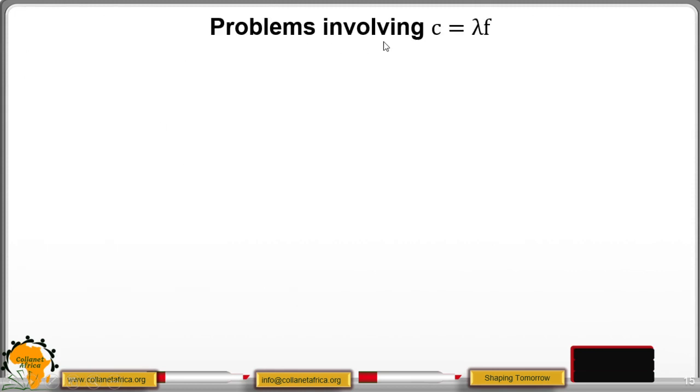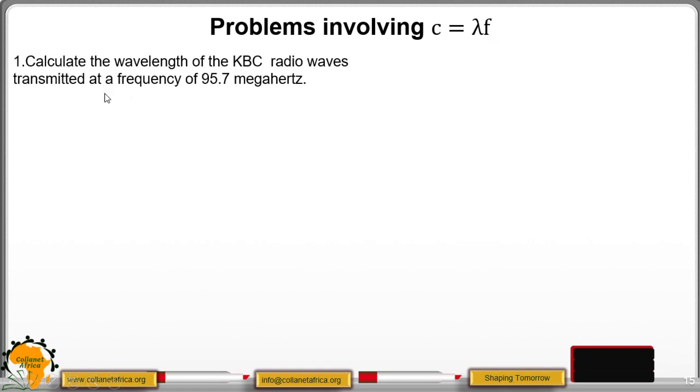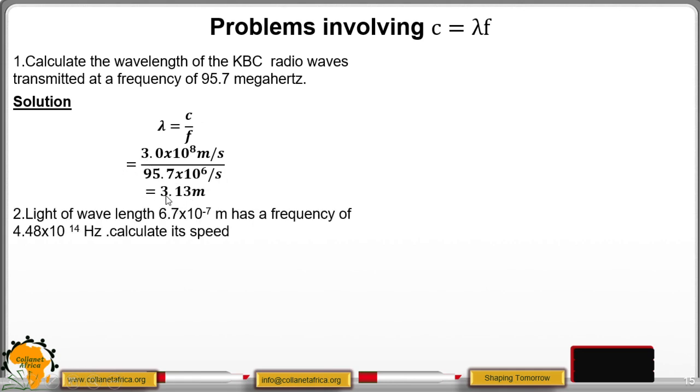From there, we move to problems involving c = λf. We start with the first example. Calculate the wavelength of KBC radio waves transmitted at a frequency of 95.7 megahertz. We start with the formula, then we substitute. Here c represents the speed of the wave, and f represents the frequency of the wave. Then put these terms inside brackets in your calculator, and when you key in,